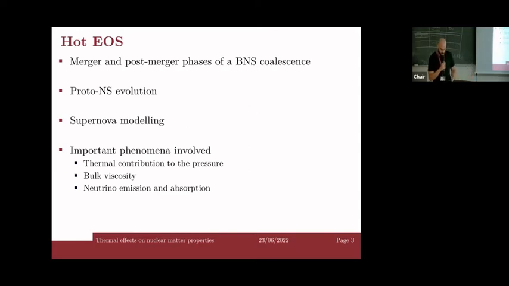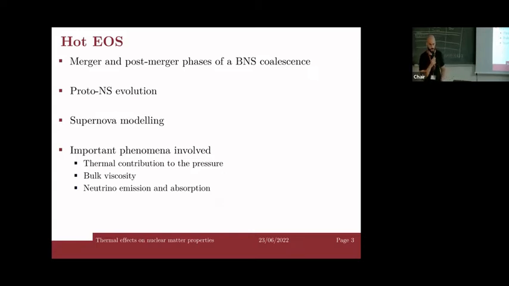So the first thing we should ask ourselves is why we should consider hot equations of state in neutron star physics. One of the very strong motivations is that if we want to study merger and post-merger evolution, we should bear in mind that the temperature in these cases is far from zero. Of course, it will depend on every point in space-time, but the temperature gets higher in this kind of system. So we should have an equation of state that satisfies the constraints coming from the zero temperature side, and that is also thermodynamically consistent in the finite temperature scenario.